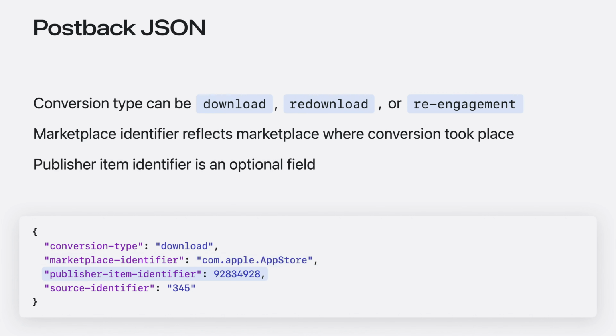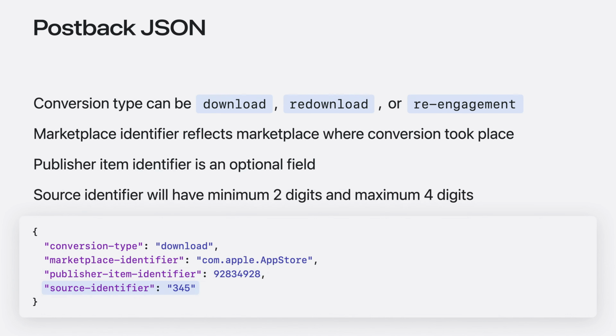The publisher item identifier is the identifier of the app that showed the original ad. For low levels of crowd anonymity, this will not be included in the postback. The source identifier has a minimum of 2 digits and a maximum of 4. Crowd anonymity determines how many digits are included in the postback.